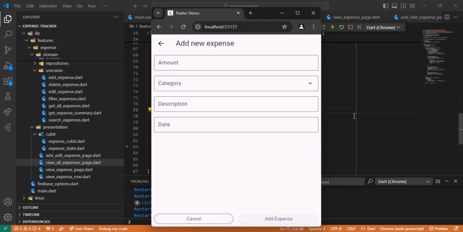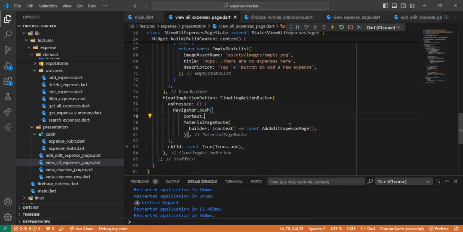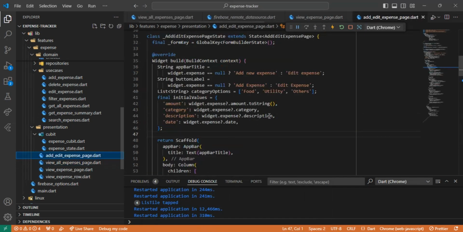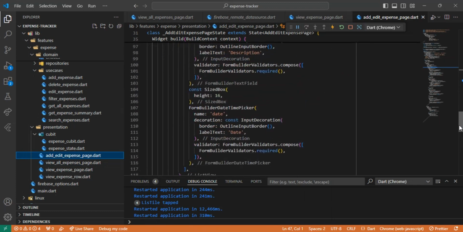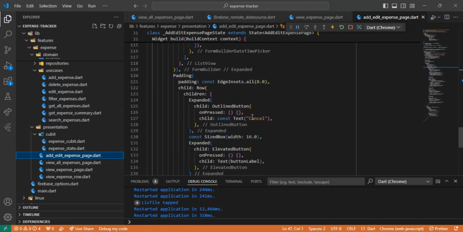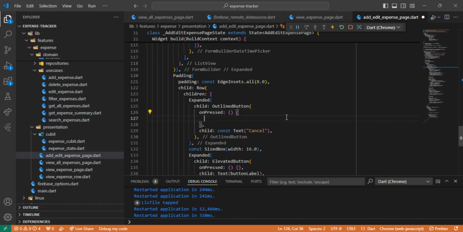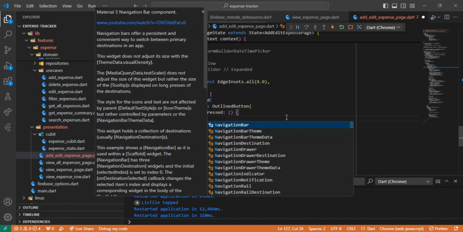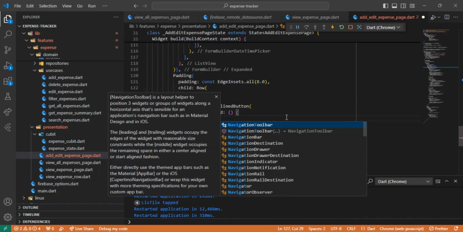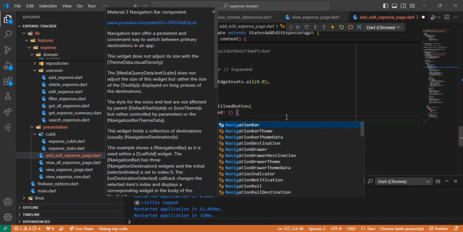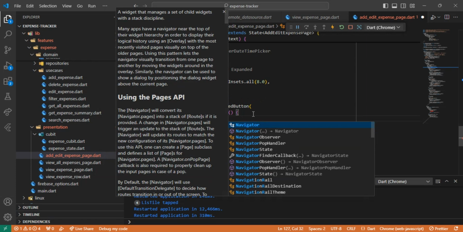So what we're going to do for the cancel, which is in the add edit expense, is just go to the cancel button and onPressed. Very simple instruction, Navigator also, but